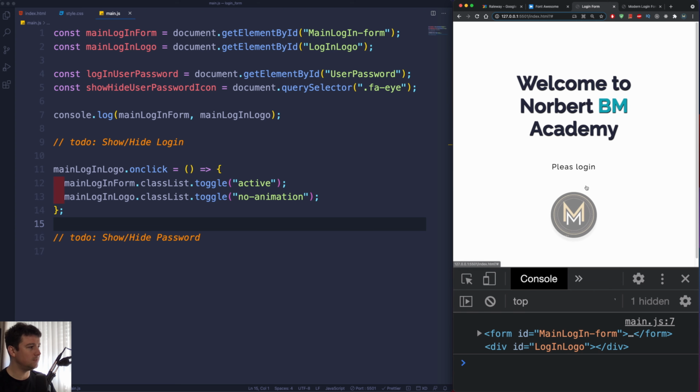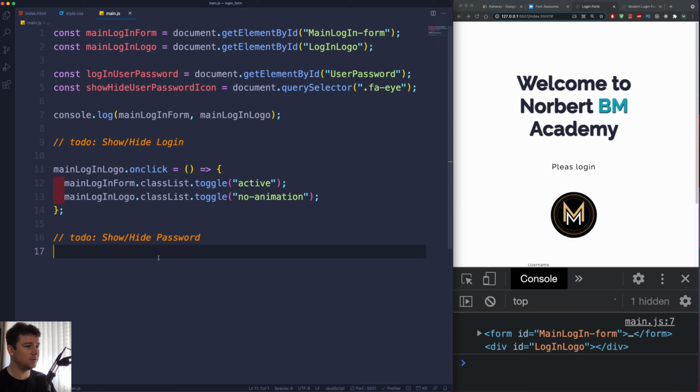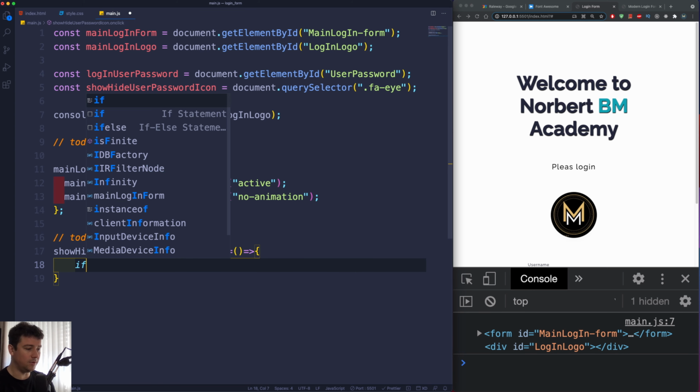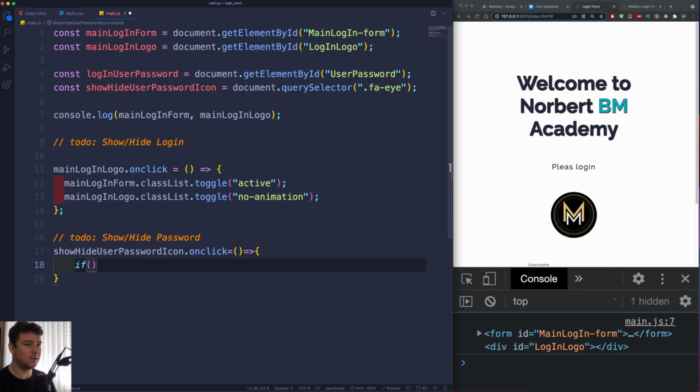So I want to show you this because this was the simple example. I'm going to use this also on our show hide user password dot on click. I'm going to set it to an arrow function, open close parentheses. It's not going to take in any kind of argument. Arrow function, open and close curly brackets, and we're going to create an if statement because we need a condition